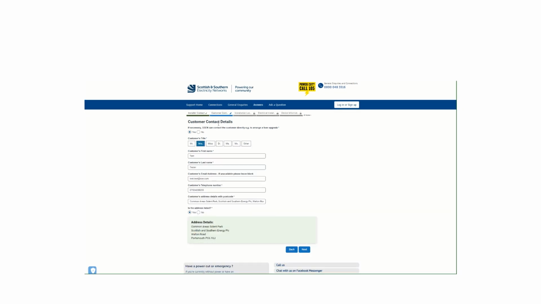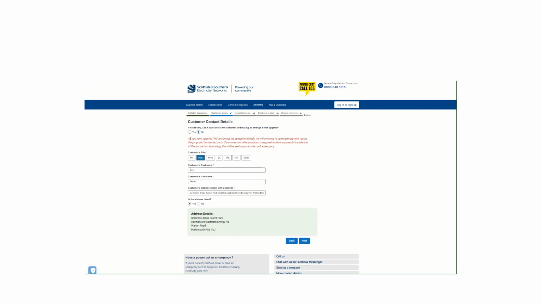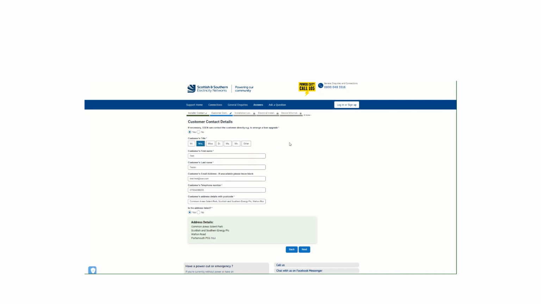What we ask here is whether or not we, as a company, can contact your customer. This will be if we need to make any site visits to the property, if we need to contact them to carry out a load check. Plus, it also just gives us details should there be any works required. If you do not want to do so and you wish for all the details to go through yourselves, then you can just simply hit no here. However, if you are happy and your customer is happy, please put yes, as you would in the E&A form,